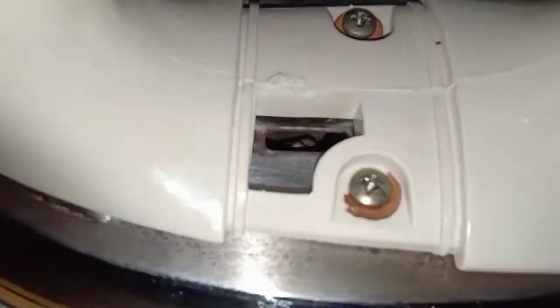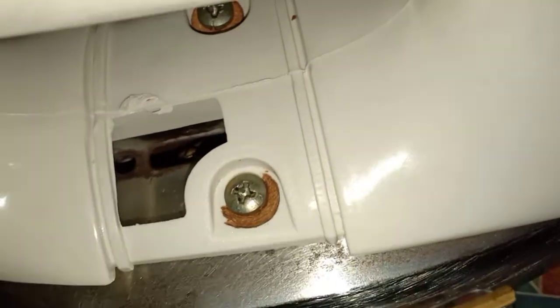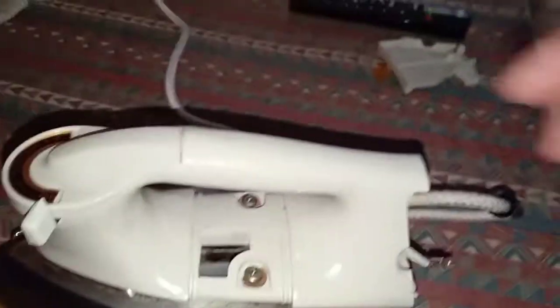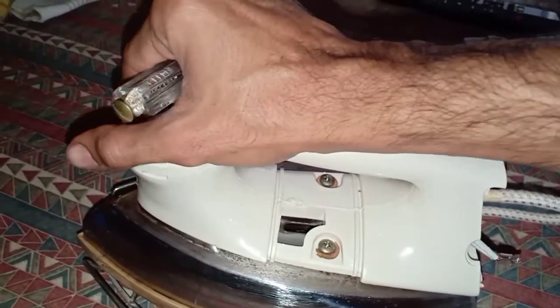There is a small screw whose function is to make your iron heat and cut off when it is completely warm. So after fixing your iron,